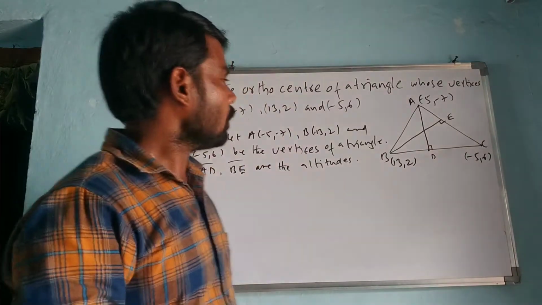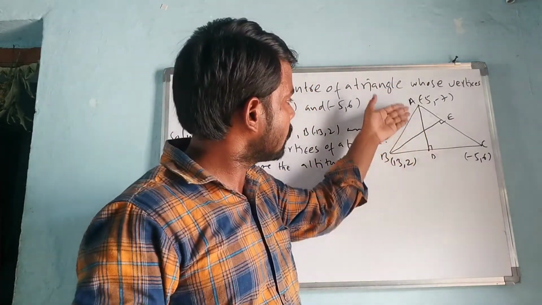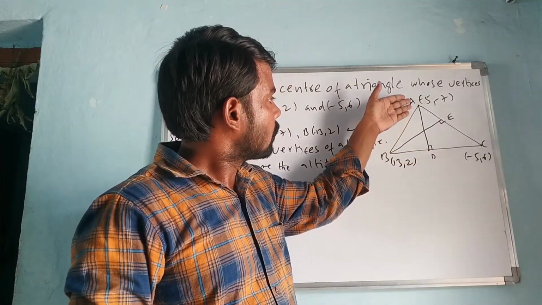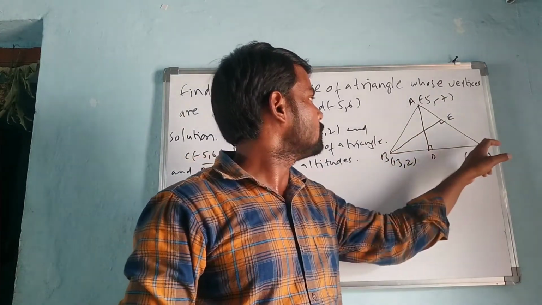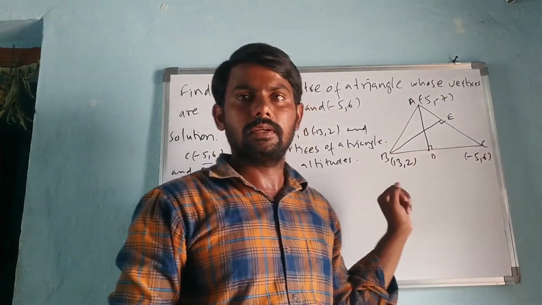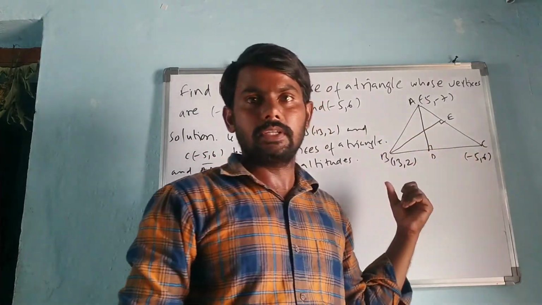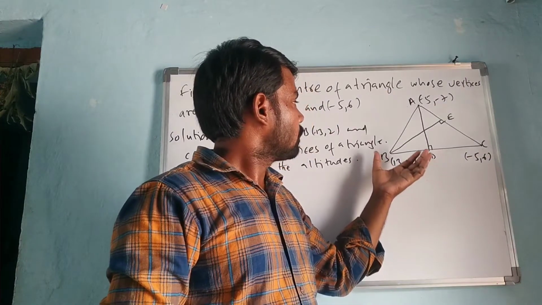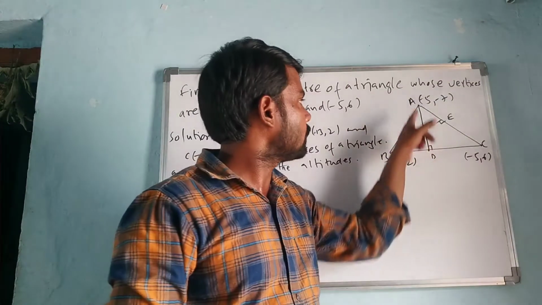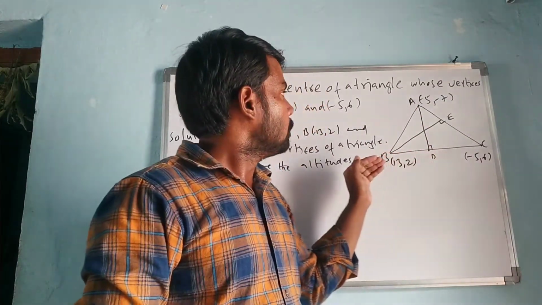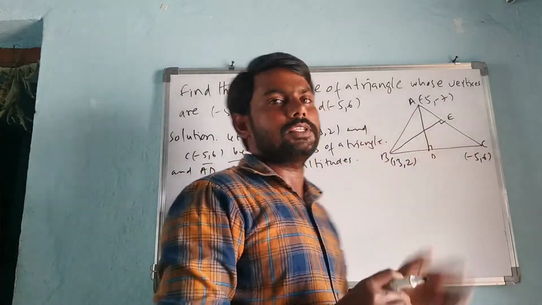Yes, we can easily find the equation of AD because clearly it is given that this is a line having the point (-5, -7) and which is perpendicular to the line BC. So clearly AD is perpendicular to BC. From that we can easily find the slope of AD. Before finding the slope of AD, we have to find the slope of BC. Let us find the slope of BC.